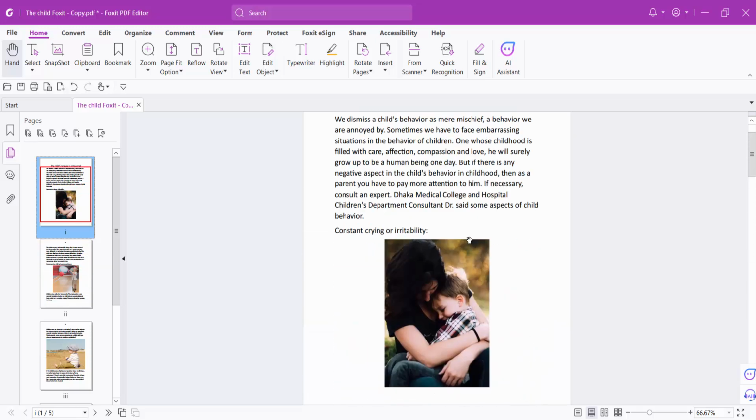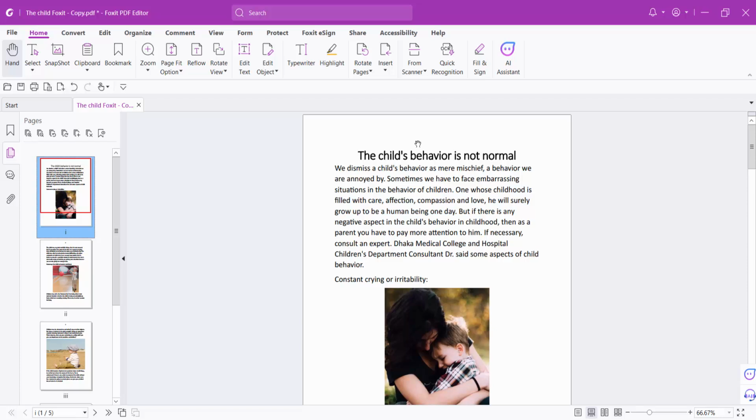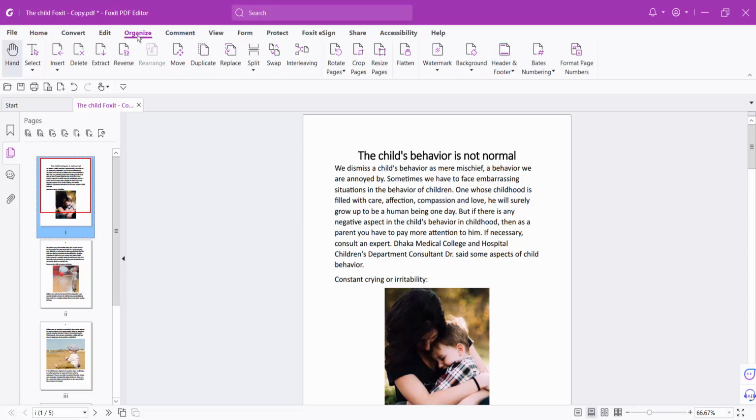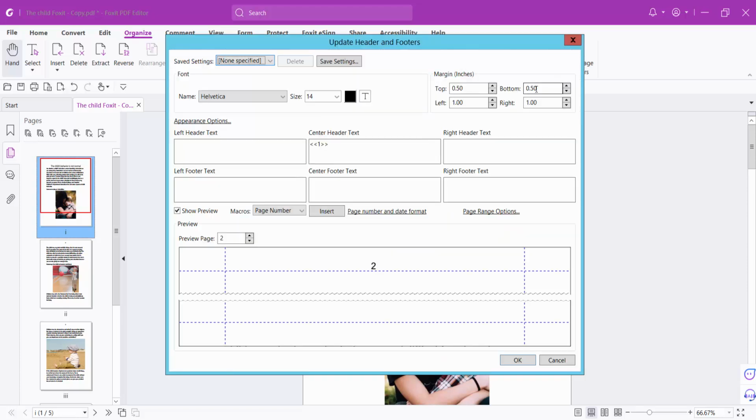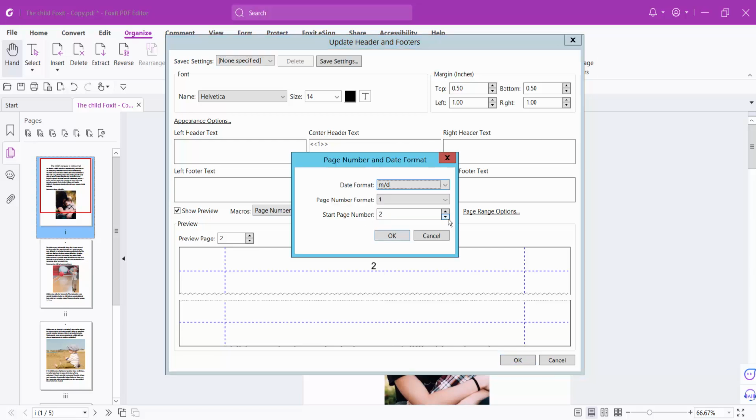I will insert page numbering for the first page and select Organization. Now select here Header and Footer and select Update, and click on this page number date format. First let's see this page number format. Let's use this page number format